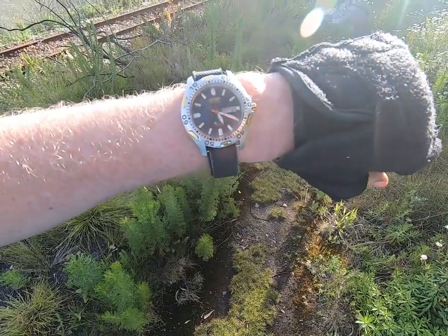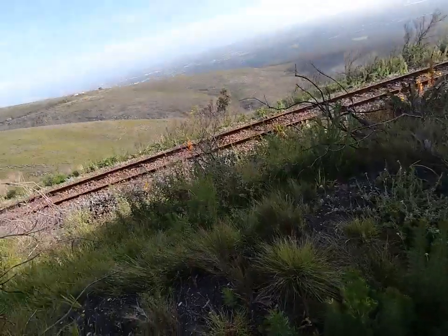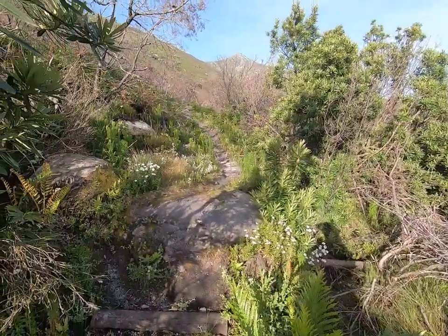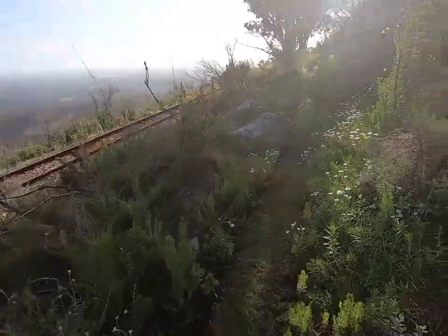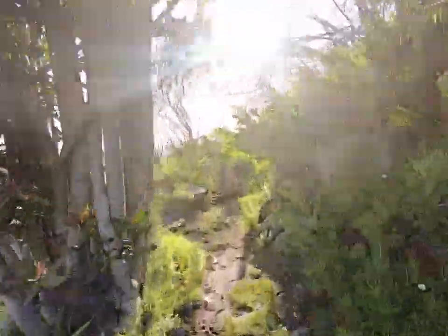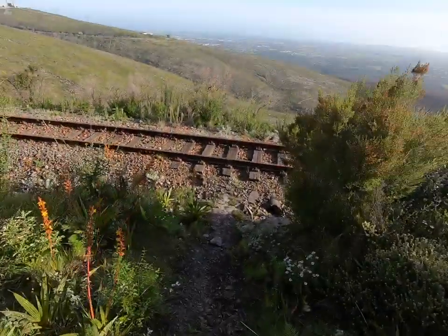It's about 20 past 5 on my watch, and this is the bottom end of the zigzags. If you've done this route, you'll know about the zigzags. And there's a railway track, and coming to the railway track can be tricky because there aren't any clear route markers,